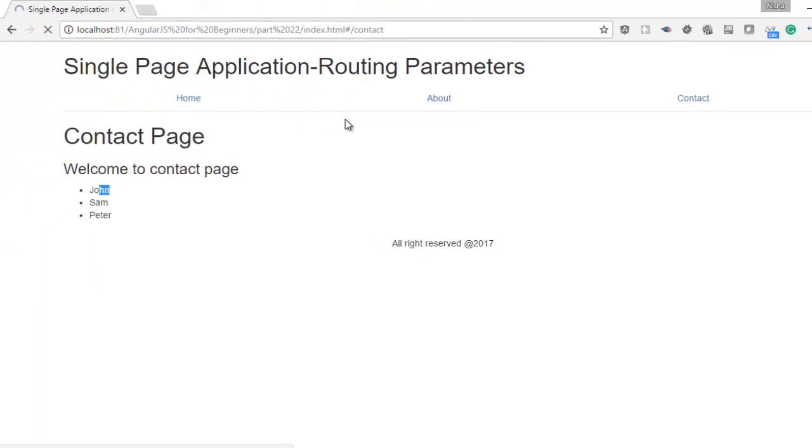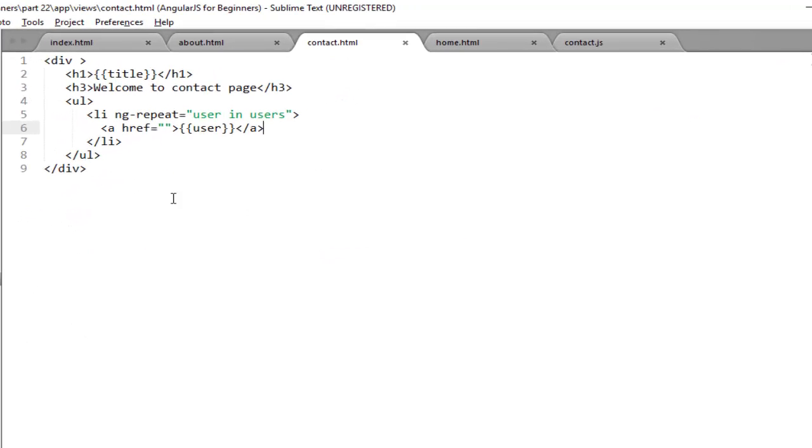All these 3 users now become a link. Fine. Now what I want is to make a new route request from here that will move to another route, but this time it would not be a normal route. This route will also take one parameter, and in the parameter I'm going to store the name of the user.